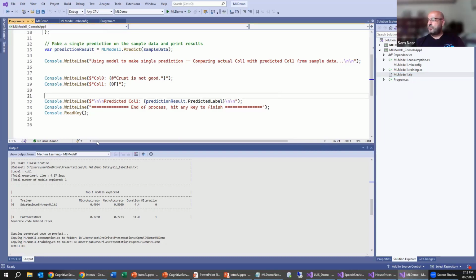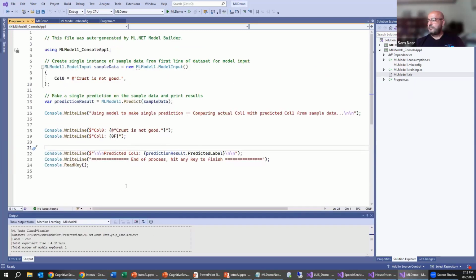And then when I look at the Program.cs of my second project for using that, basically it's pre-populating a prediction where it says "crust is not good." And then it's going to take this sample data and pass it into the prediction engine, and that will give me the result back. So let me go ahead and run through this.